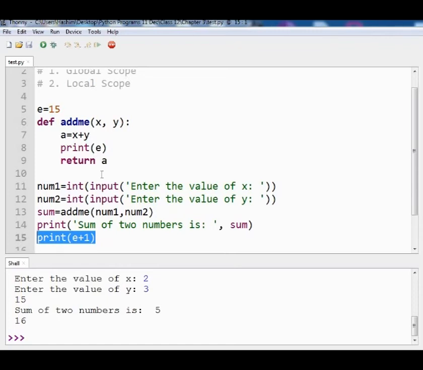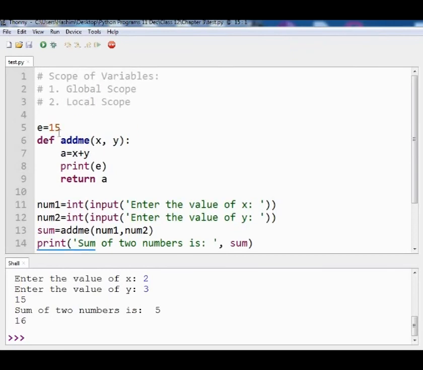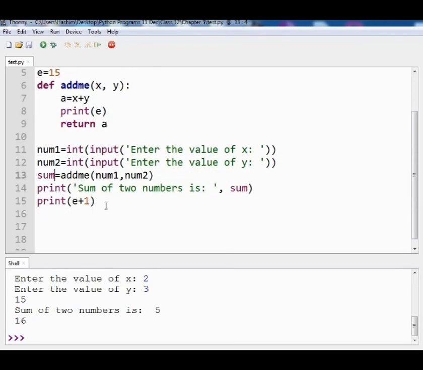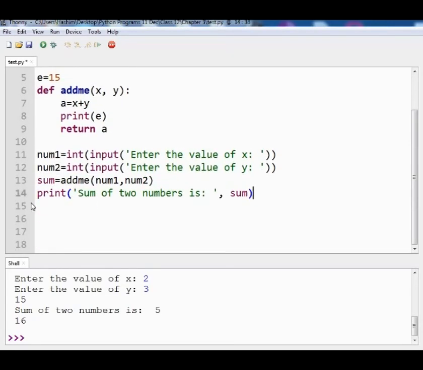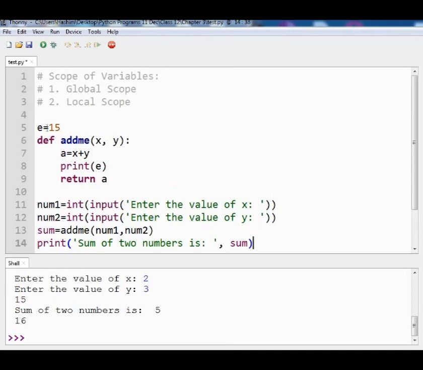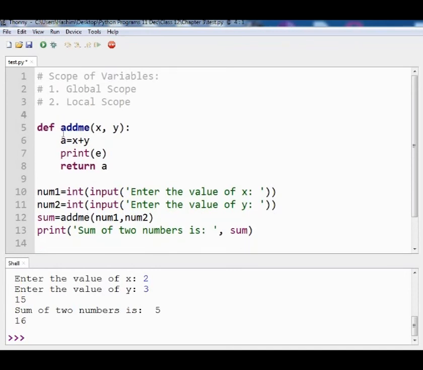So again the question is, why were x and y local variables and why are e, num1, num2 and sum global variables? So let us understand it. Let me just remove these lines. See what happened in our original program. When this program starts executing, it will execute from line number 5 because we have added these comments.